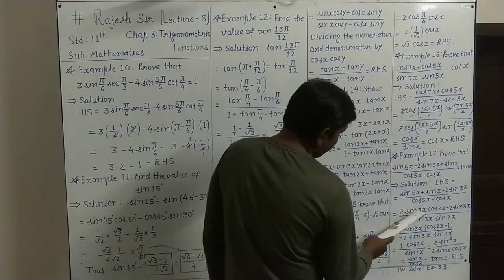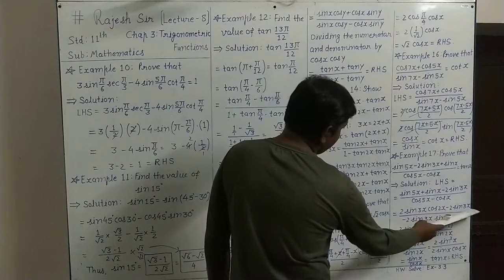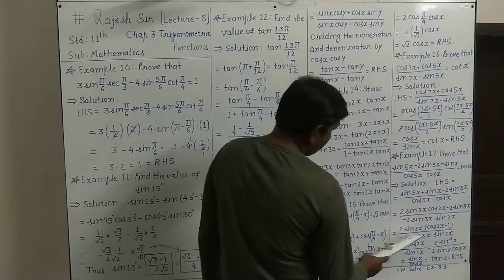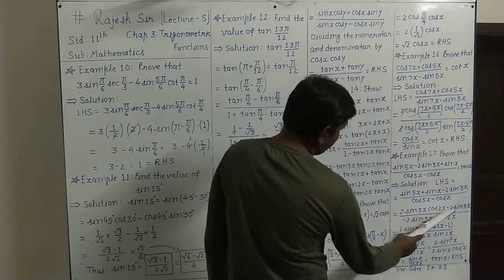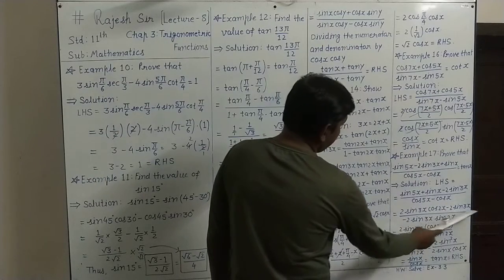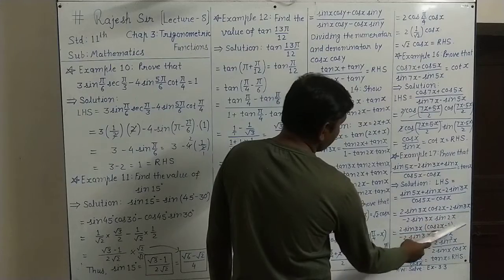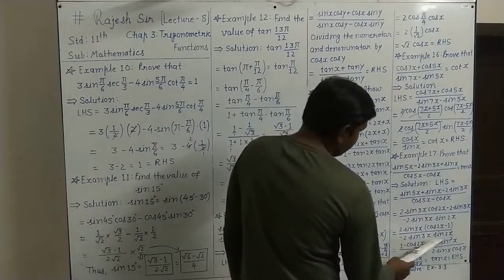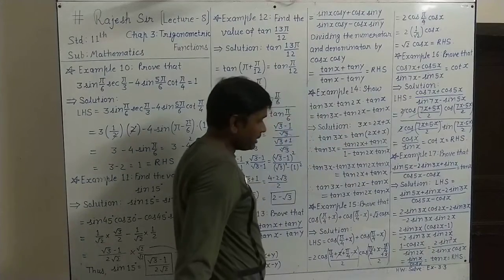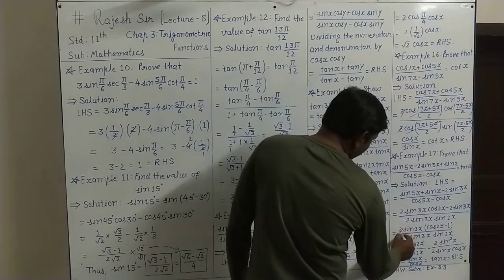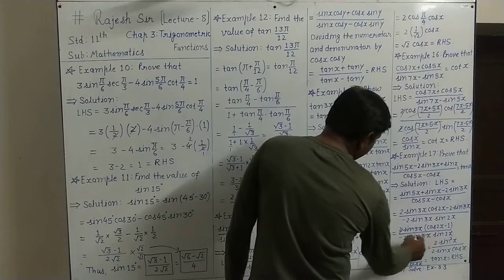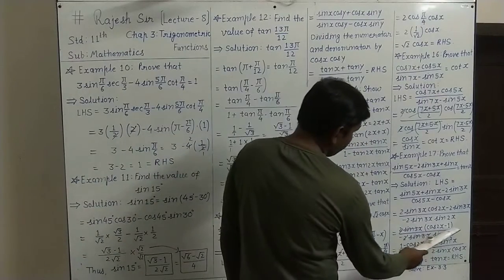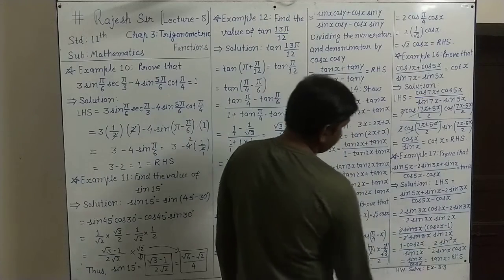Now up there 2 sin 3x cos 2x minus 2 sin 3x. 2 sin 3x is common, we can take common 2 sin 3x. So in this term we have cos 2x only remaining, minus here we have taken whole 2 sin 3x, so it is only 1 remaining there. And down there minus 2 sin 3x sin 2x as it is. Now next step is up and down, 2 cancel, up and down sin 3x cancel. What is remaining? Up there cos 2x minus 1 and down there minus sin 2x.